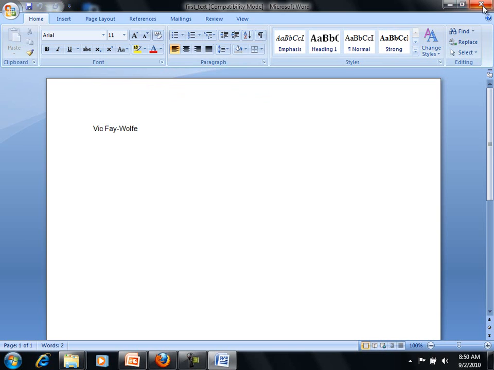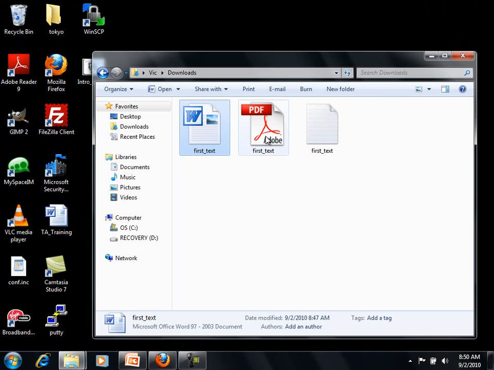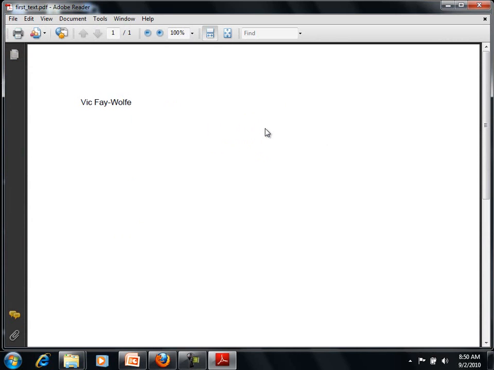Okay, so I can close Microsoft Word. Let's go back and look at FirstText now, firsttext.pdf. When I double click it, it runs an application on my computer called Adobe Acrobat Reader. Adobe Acrobat Reader is software from a company called Adobe to read PDF files. And there's versions for Macs, PCs, and other platforms. So now I'm reading firsttext.pdf in the Adobe Reader. Again, it just shows the text I typed, just like Word did. So closing the application Adobe Reader,